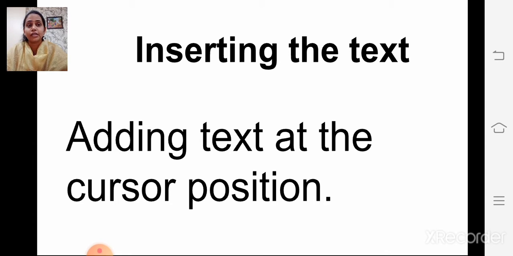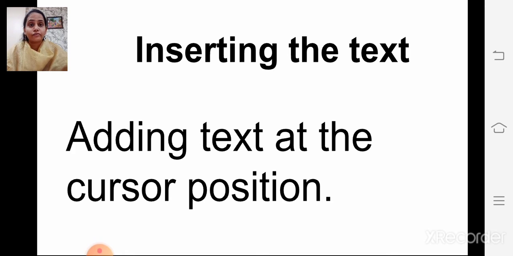Third, we will see inserting the text. What is inserting the text? Inserting means adding text in your document, adding text at the cursor position. Suppose you want to add a few more lines in your document. What will you do? You will insert the text where you want to add it.